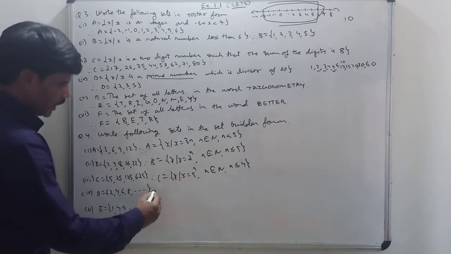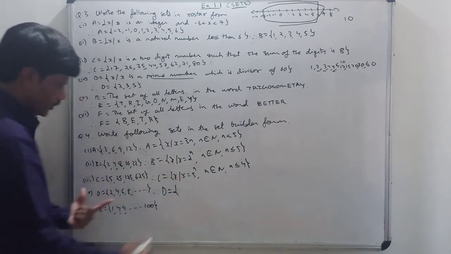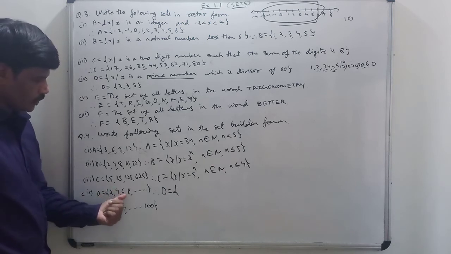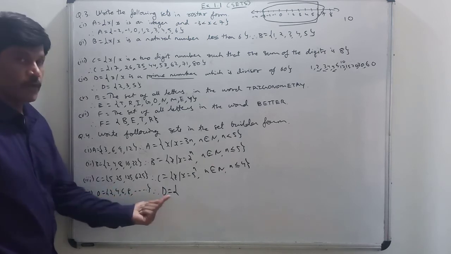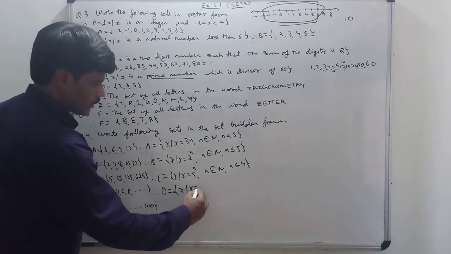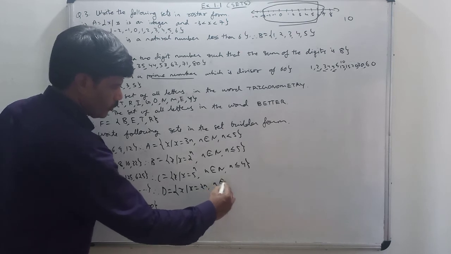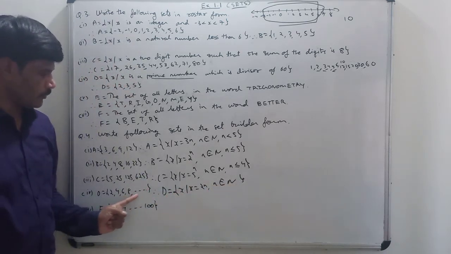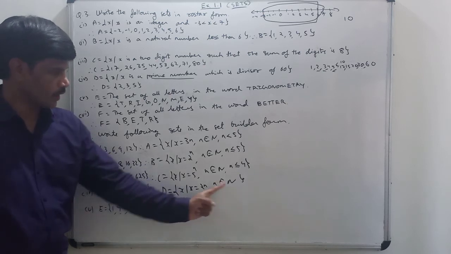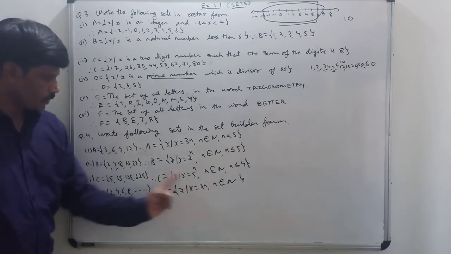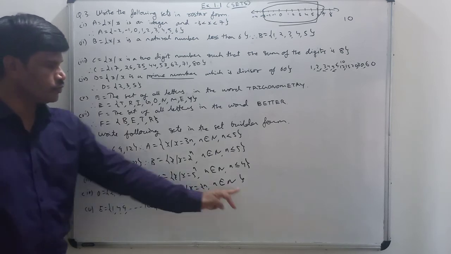Now D is equal to, again you observe the elements, characteristics or properties: 2, 4, 6, 8. So this is nothing but a multiple of 2, or we can say even natural numbers. So x is such that x is equal to 2n, where n belongs to N. All natural numbers are covered. See, the dots here go on to infinity. So same way here x belongs to N. When n is equal to 1, 2 1s are 2, 2 2s are 4, 2 3s are 6, 2 4s are 8, and so on.